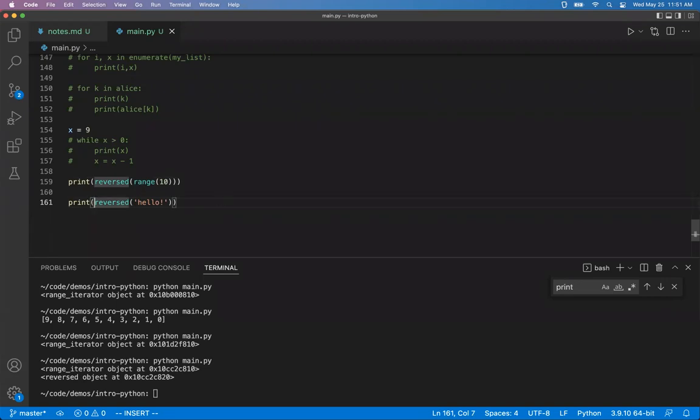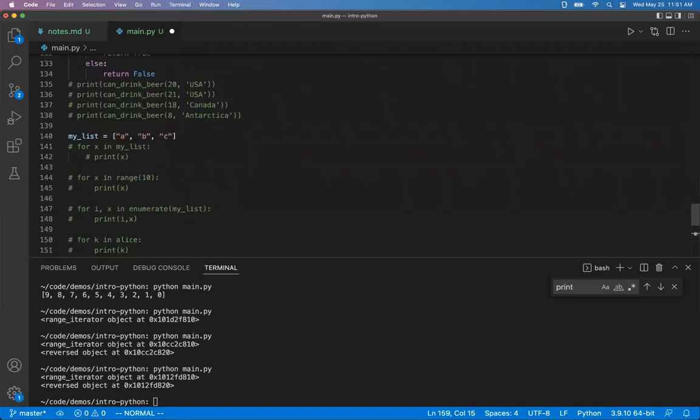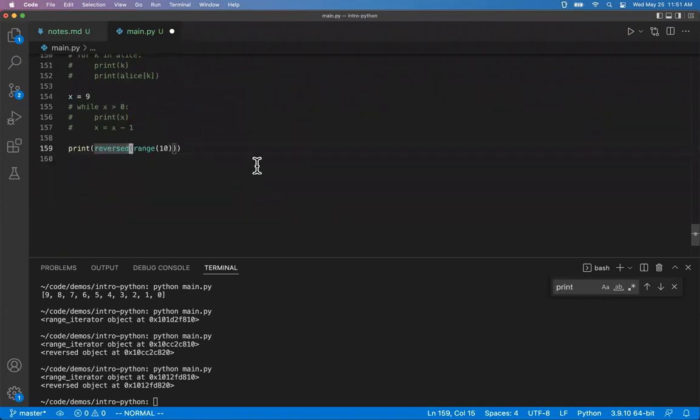I'm guessing that with range, you do range 10, which is telling it where to stop. But I imagine you can do range 1, 10 to say go from 1 to 10 rather than starting at 0. You can indicate a starting point, right? Yeah, that's how it works. Okay, wait, actually, hold on. Now that you mention that,